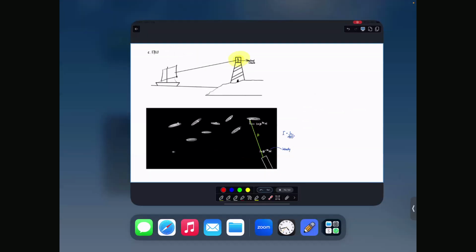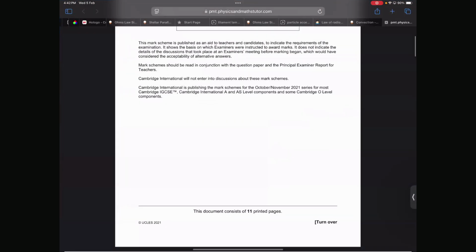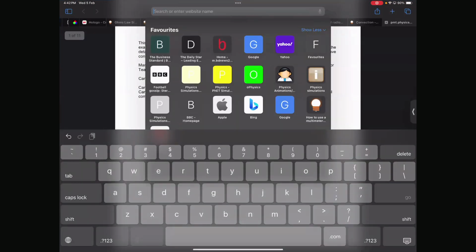Okay, I'll show you an actual supernova capture. Okay, so this is